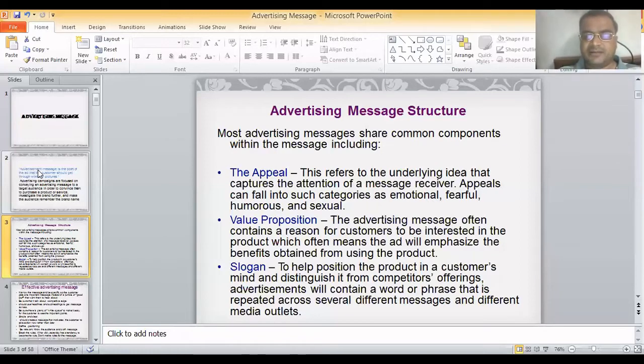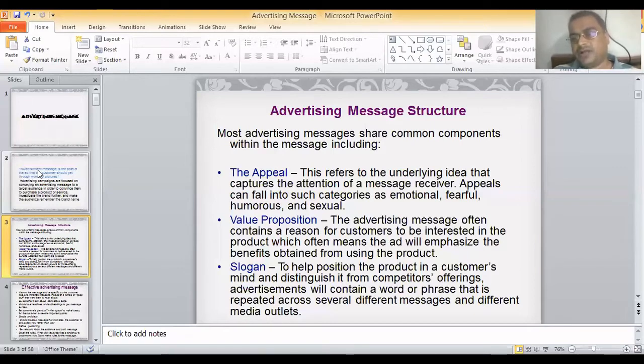Now the next part of the advertisement structure is the slogan. Basically, a slogan is made so that the product is able to position itself in the customer's mind, and the customer is able to distinguish it from the competitors' offerings. So for example, as I said, if you look at Pepsi,